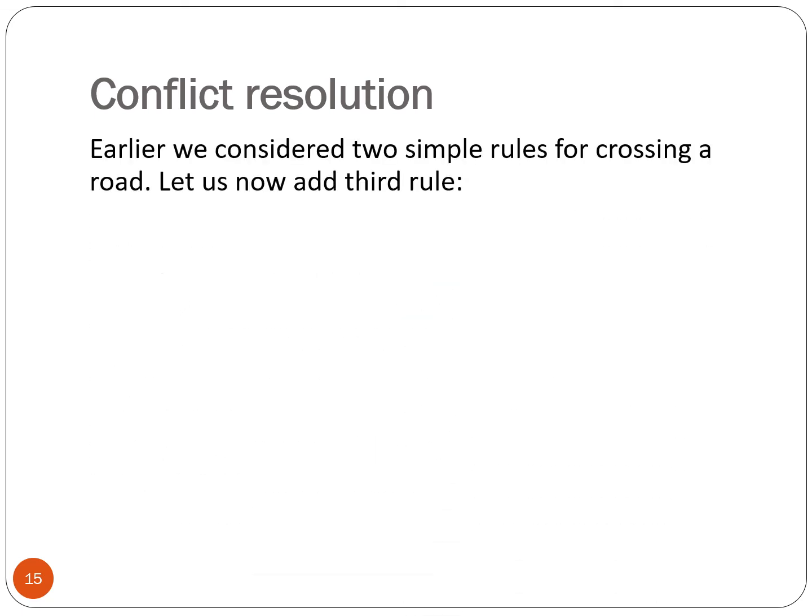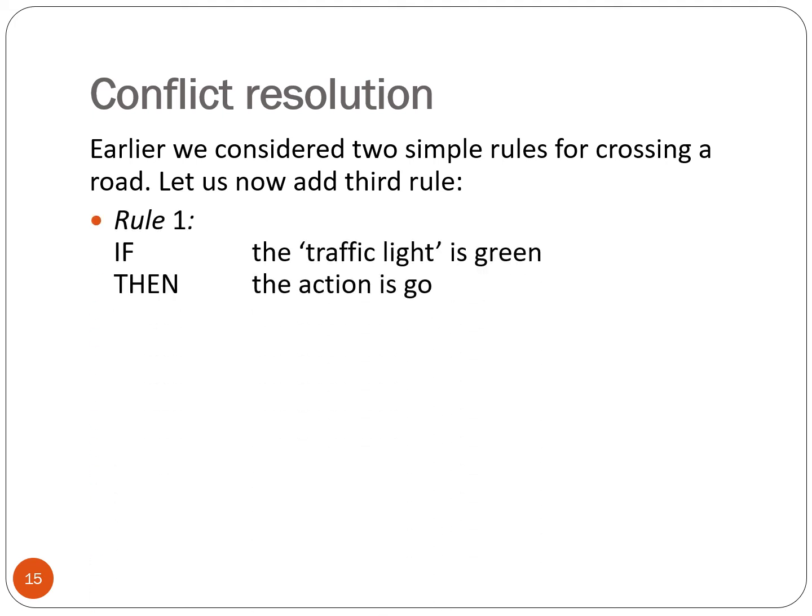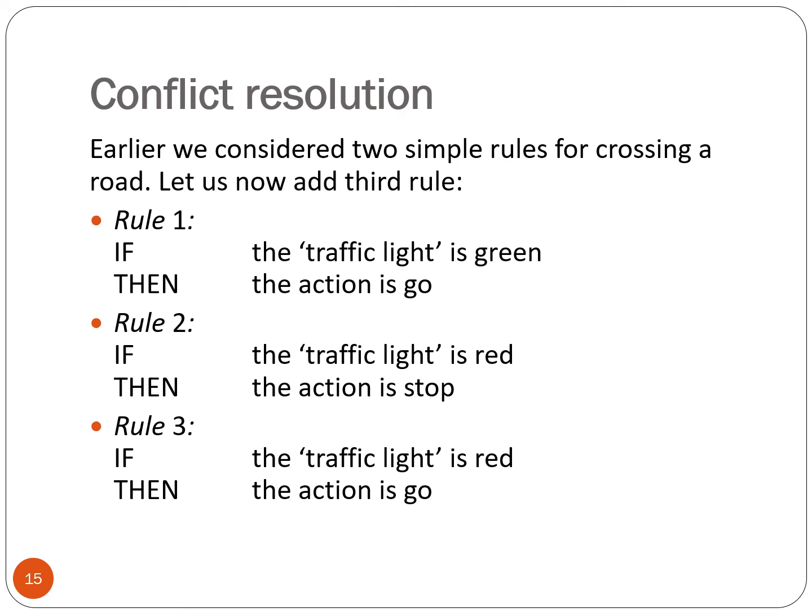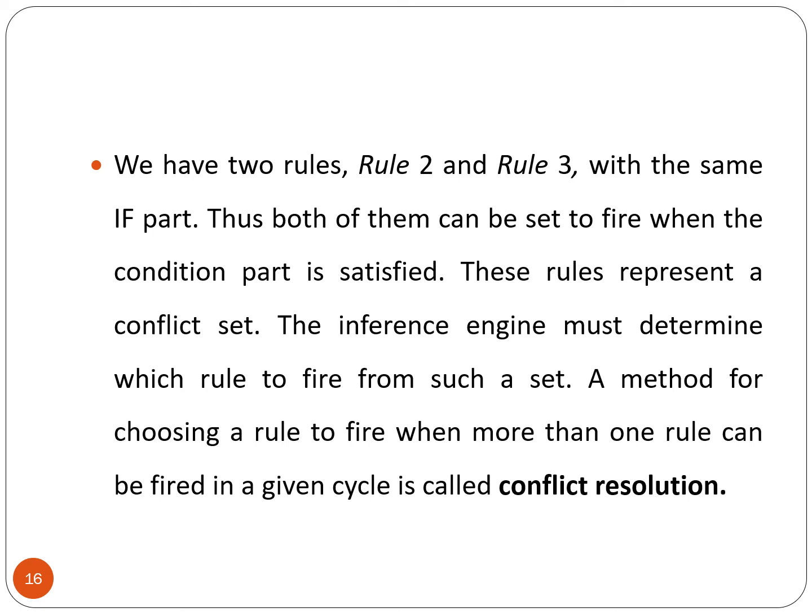Conflict resolution. Actually, we have discussed it earlier. If we consider two simple rules for crossing a road, let us now add the third rule. This is the first, second, and third. You have: the traffic light is red, action is go. Actually, it is the same as the second rule, but we have a conflict at the then part. Here we have two rules with the same if part. If the light is red,